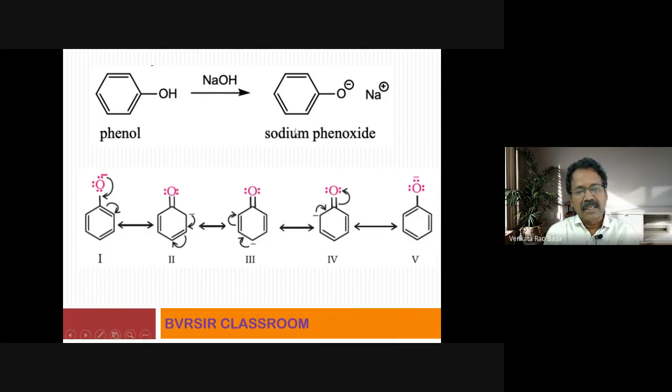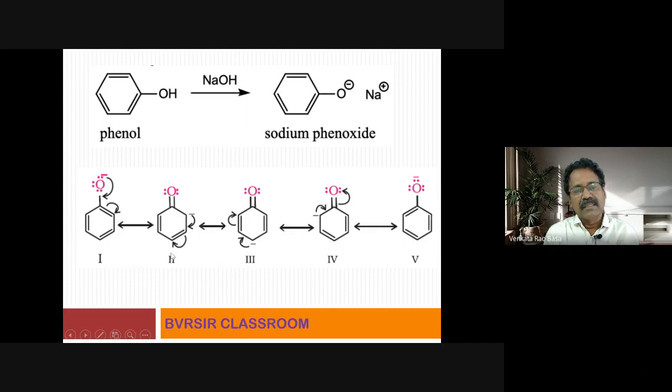Now the next point is why this phenoxide ion is stable. It is stable because there is delocalization of this electron density. This electron density is delocalized over this benzene ring. You observe these delocalized forms or resonance forms. Okay, the negative charge is converted to this one, resulting in double bond formation between carbon and oxygen, whereas this double bond is shifted to ortho position. That's why there is a negative charge here. This negative charge may be shifted to para position also. Again, from para position, it can be shifted to ortho position. In this way, there is delocalization of negative charge in the phenoxide ion.